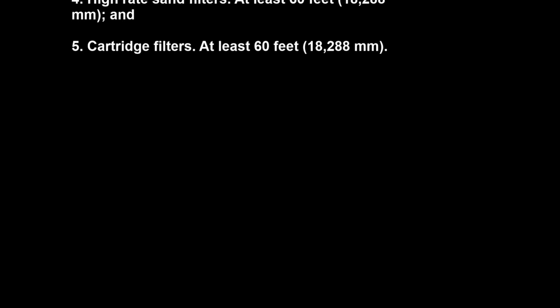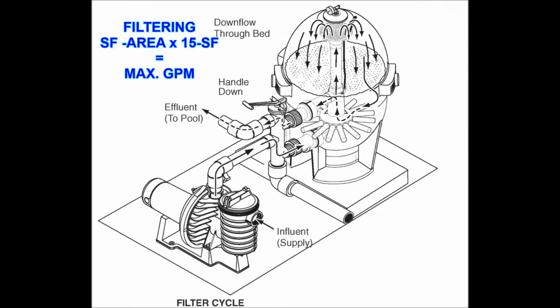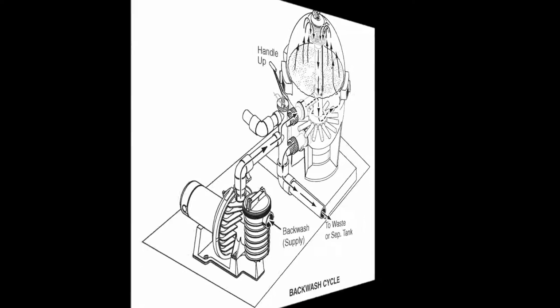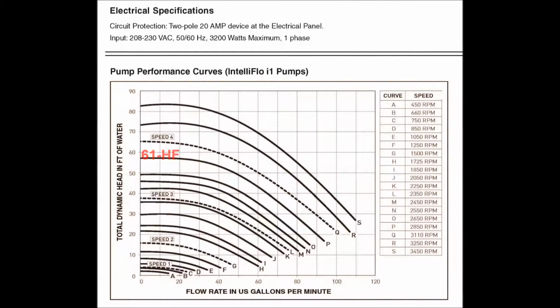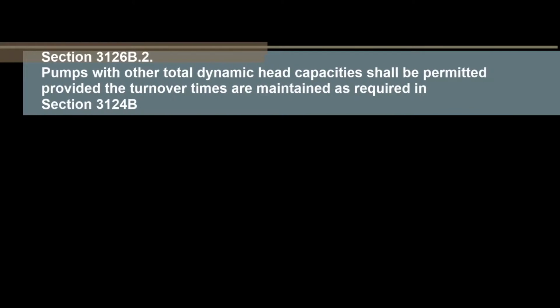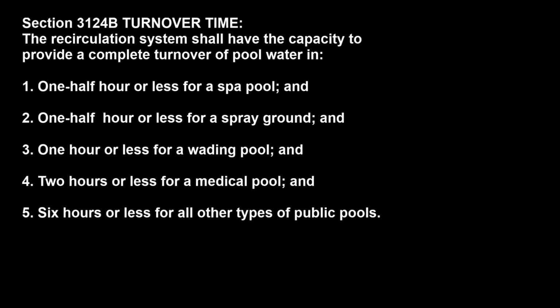As an example, the pumping capacity requirement for a high-rate sand filter must have a pump that can provide at least 60 head feet in order to be able to overcome the plumbing system's hydraulic head losses and still be able to deliver the required minimum filtration flow rate. Section 3126B.2 allows for the selection of other pumps that don't meet the 60 head feet capacity, provided that the turnover times can be maintained according to Section